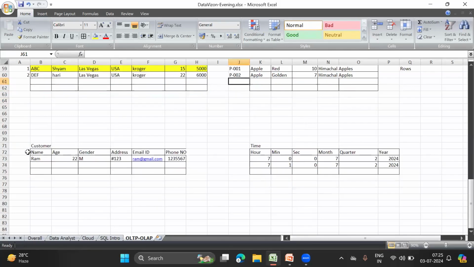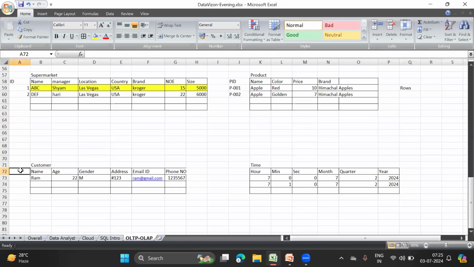Okay, and then if I want customers, then over here in this table, I also need a customer ID, right? For example, the customer ID of Ram is C0001. And then if I talk about time, we can also create the time ID. So this time ID is again going to help me identify the different instances. So for example, this is 1, this is 2.